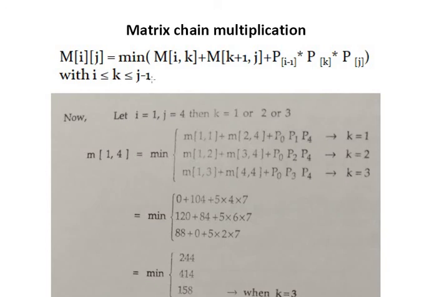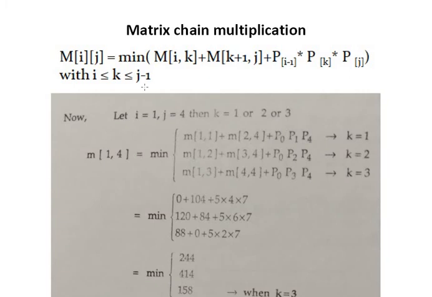It means 4 minus 1 is 3. So you have to find 1 and 3. Now find the possibilities of k. You put k equal to 1. This is satisfied because 1 is less than or equal to 1 and less than or equal to 2. You put k equal to 2, then this is satisfied because 1 is less than or equal to 2 less than or equal to 3.